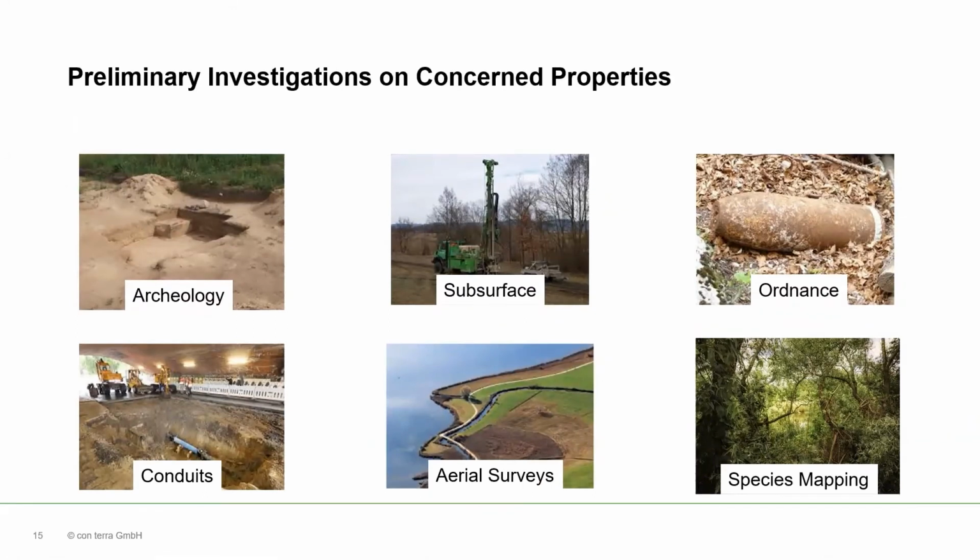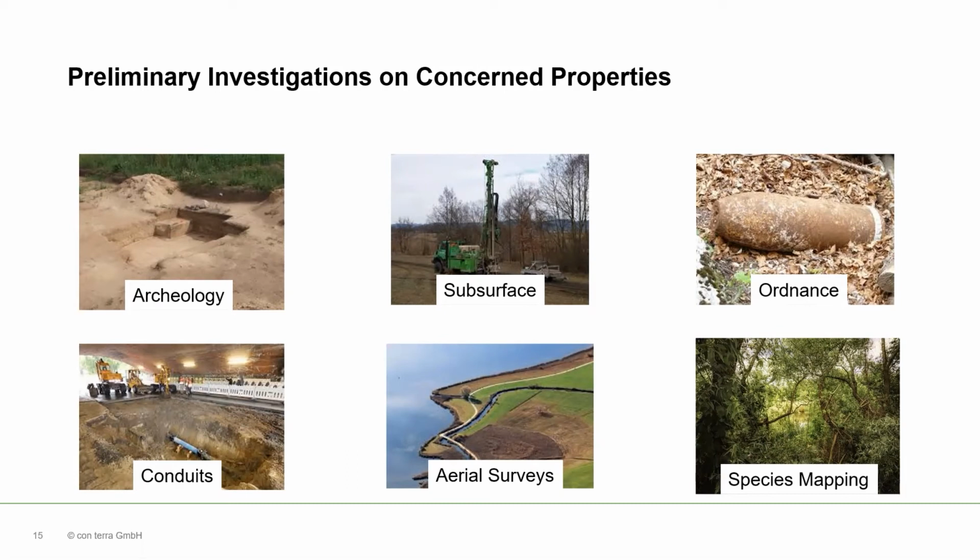Preliminary investigations are a central part of the plan definition phase. The preliminary investigations are carried out on concerned properties and determine if these properties are suitable for constructing power lines. Each of these investigations work with different data sets, and GIS data plays a crucial role in all of them. For example, archaeological investigations are used to analyze if any historically significant structures are in the area. Underground or subsurface investigations are used to analyze the local geologic profile and also to determine the thermal conductivity of the ground, which can be an important factor in determining if the site is appropriate for building the power line